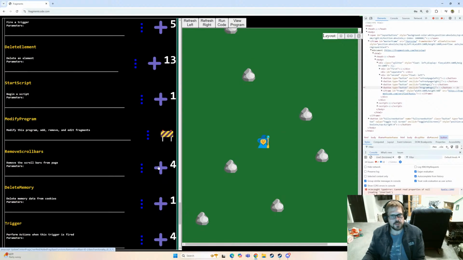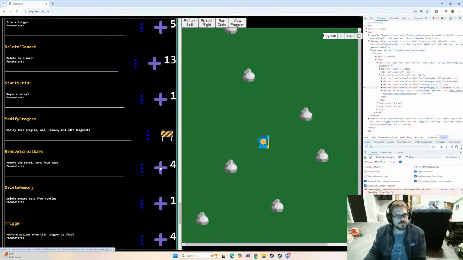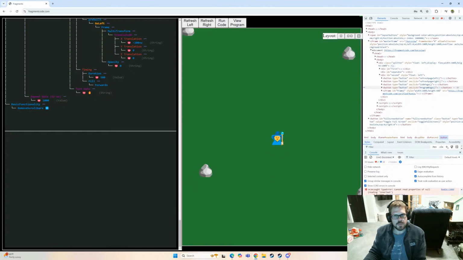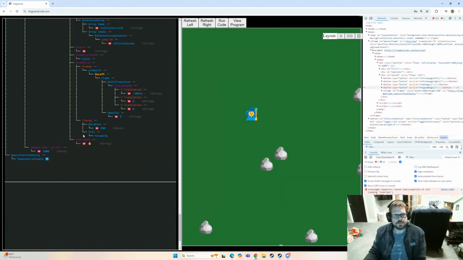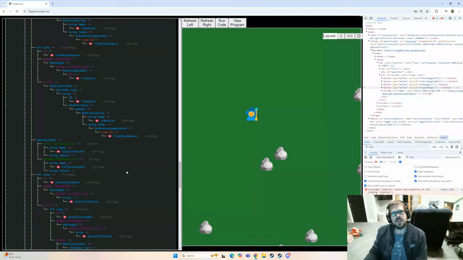Move scroll bars. Nope, didn't click it. All right. Yeah. And you can't touch the rocks or you die. So that's good. No more scroll bars. Feeling good there. Now